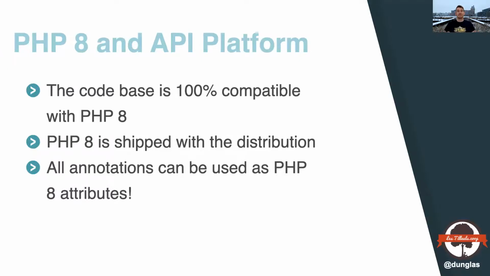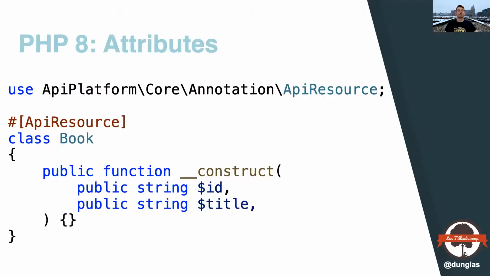Now, when you install API Platform with the distribution, you get a Docker image of PHP 8. So we use PHP 8 by default. And all annotations provided by API Platform have been replaced by PHP 8 attributes. We still support annotations for backward compatibility, but by default, we promote the use of attributes, which are a new native feature of the language. So it looks like this. Now, instead of the hack using the PHP documentation annotation and Doctrine annotations, you can use the native feature of the language. So of course, it's cleaner.